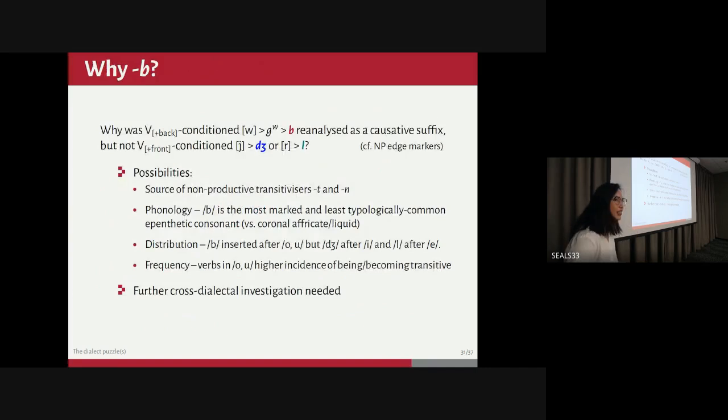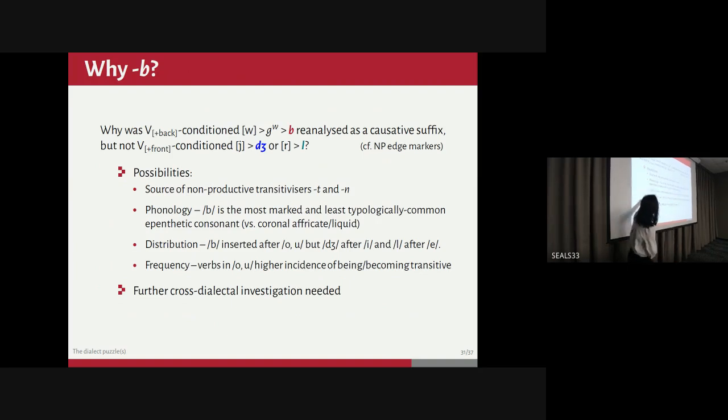And this is the more interesting question that I would love to have some discussion about. Why only B and why not J or L? Now, I don't have a firm answer for this, and I think we need to do more dialectal work to figure it out, but here are some possibilities, right? It could be that J and L did turn into suffixes. There are also suffixes in T and N, but I don't think the phonology supports changes like that.